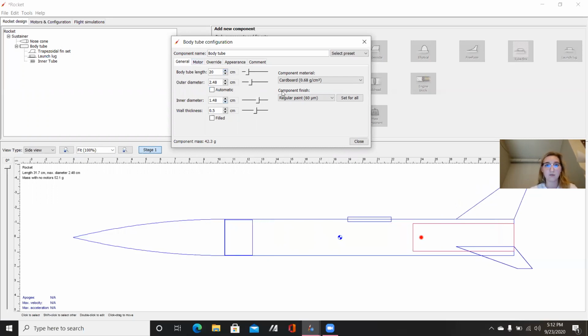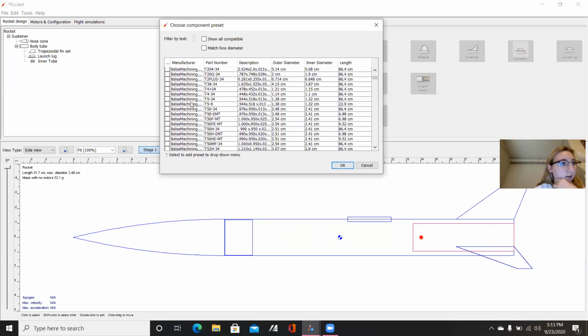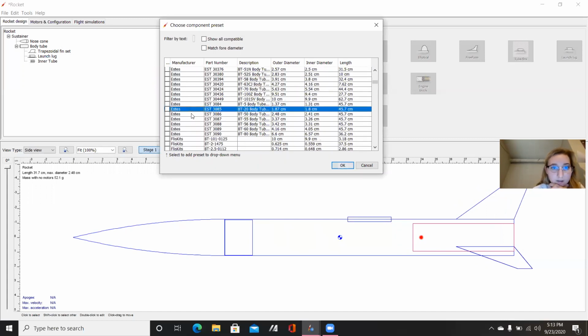Okay, so once you've selected this, again, I'm not going to change my material for this because I don't think it really matters. You can also, again, on this one, select presets. One preset that I think is good is, again, Estes and then 3085. So if I select that,